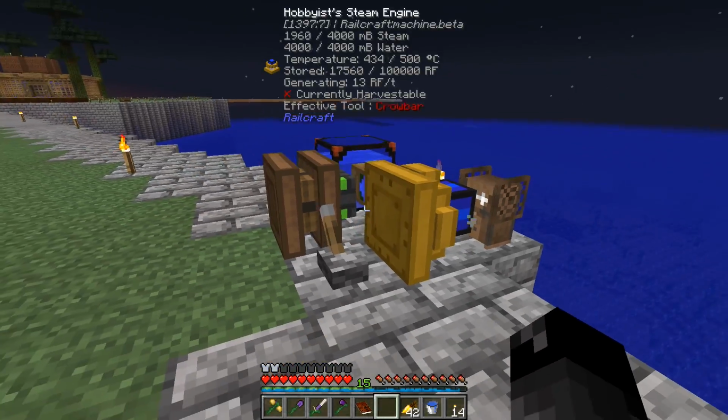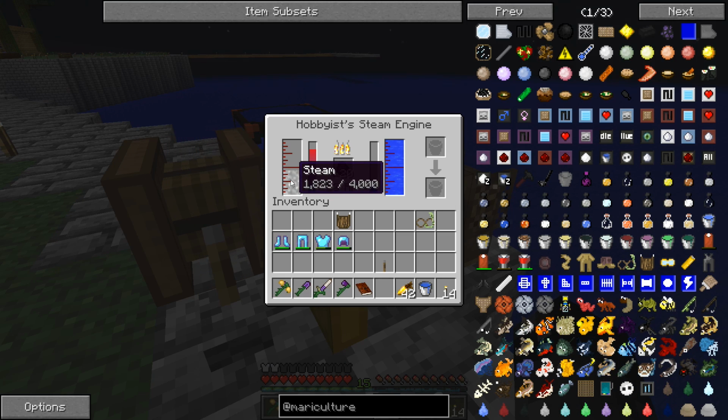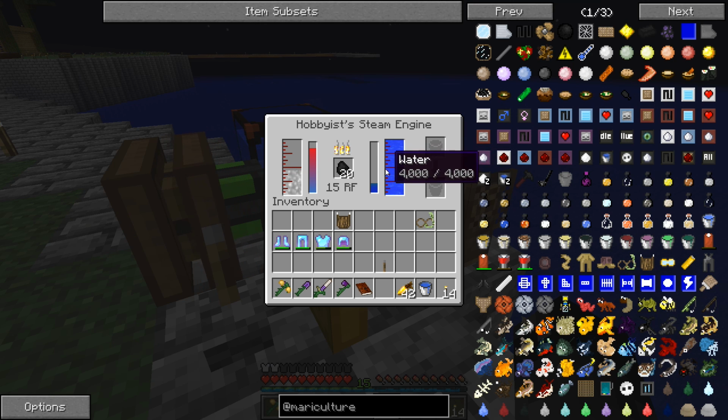All right, guys, so this is what we got. We have our hobbyist steam engine. Yeah, this thing is now producing steam. It's getting pretty warm. We still got 20 coal in there, and yeah, we are generating extra RF, and this